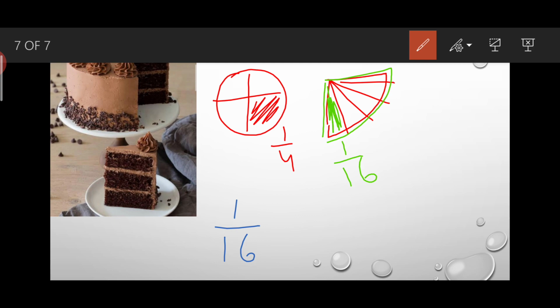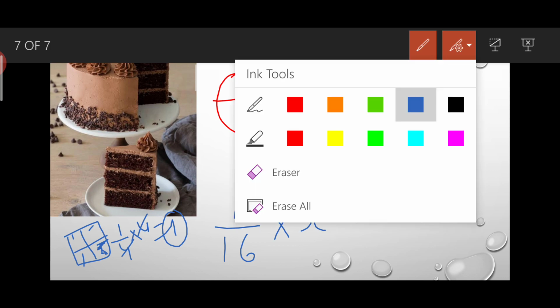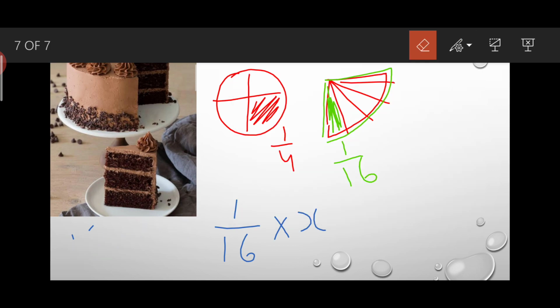Okay, so how many portions will be there of that cake, we do not know how many. 1, 2, 3, we don't know how many. So let us suppose that the total portions we have divided into is x. So if you multiply 1 portion by total portions you will get the entire portion. Let us see, if you are having this portion and this is 1/4 and total are 1, 2, 3 and 4. If you multiply 1/4 by 4, what will you get? 1. That is complete cake. So similar is the case here. We have multiplied